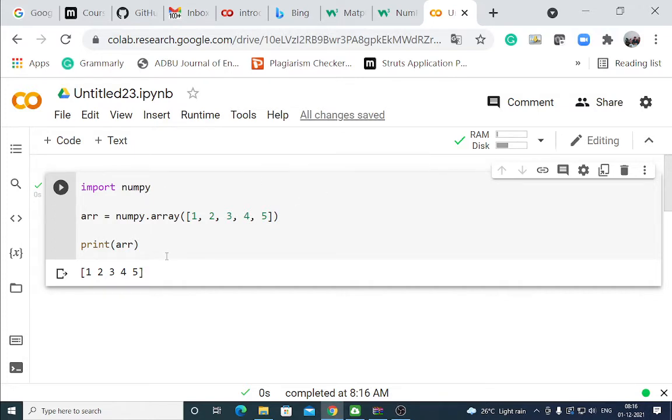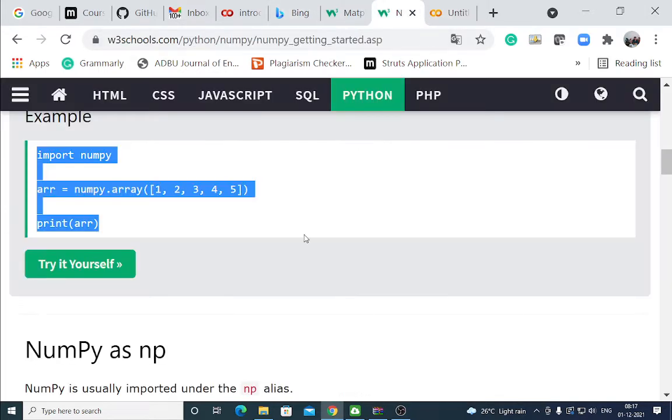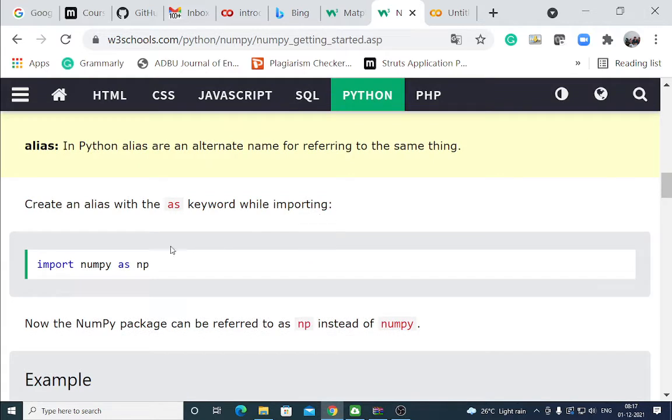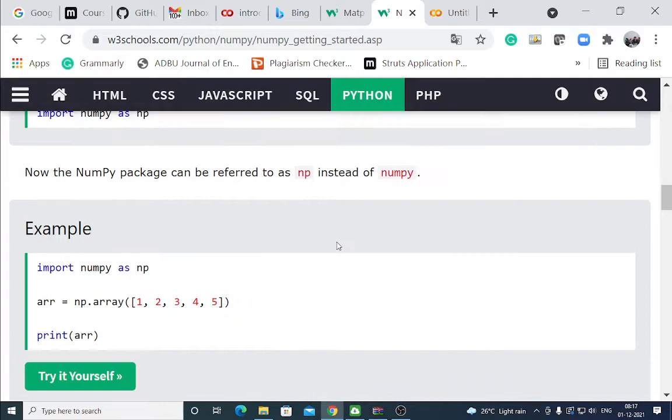If you want to execute this code on Anaconda, then first you have to run pip install numpy. Then import numpy, array is equal to numpy.array 1 2 3 4 5 and print array. It will print the array. You can create an alias with the as word: numpy as np.